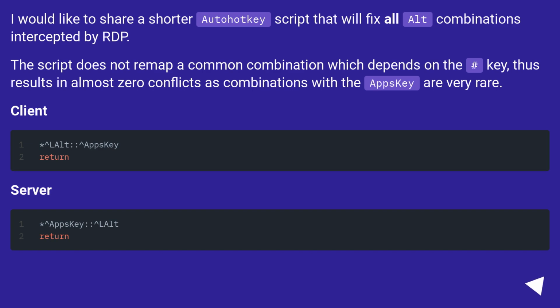I would like to share a shorter AutoHotkey script that will fix all Alt combinations intercepted by RDP. The script does not remap the common combination, which depends on the hash key, thus results in almost zero conflicts as combinations with the X key are very rare. Client, server,